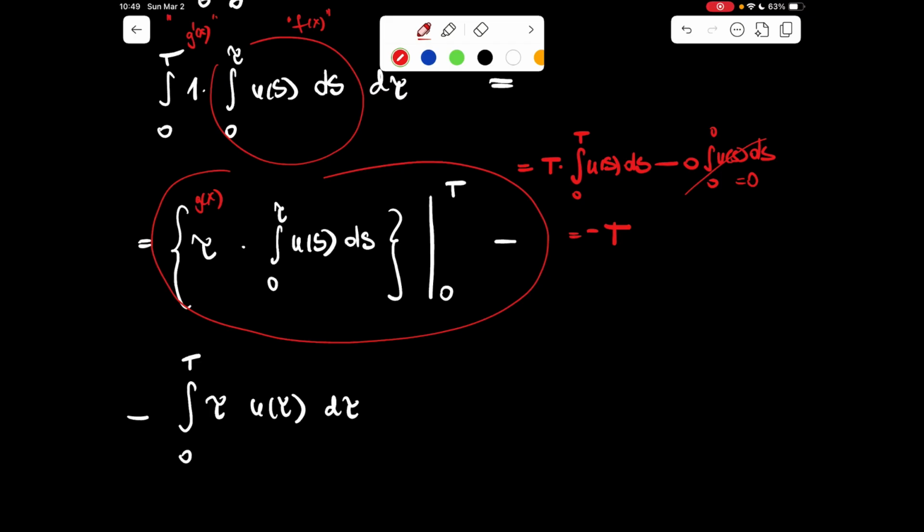The integral of u between 0 and t is minus 1. Okay, and